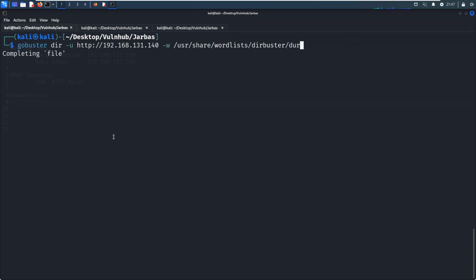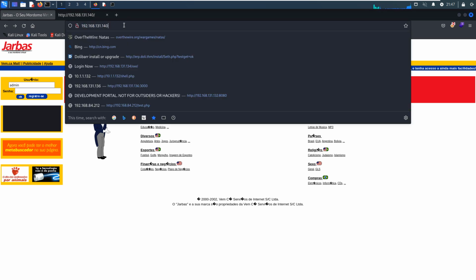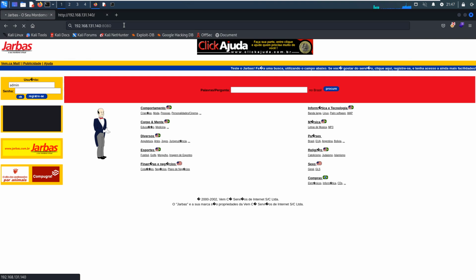The GoBuster directory. Press enter. And in the meantime, we can take a look at the second web application, which is running on 8080.